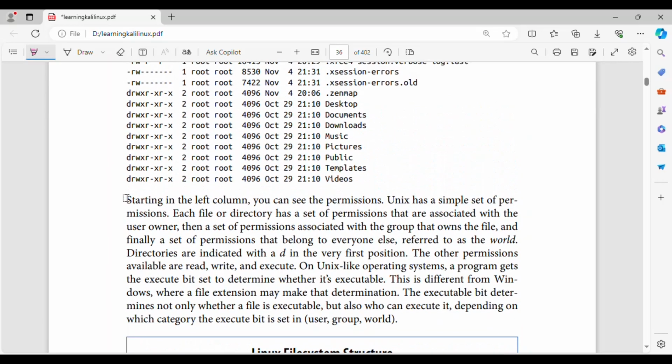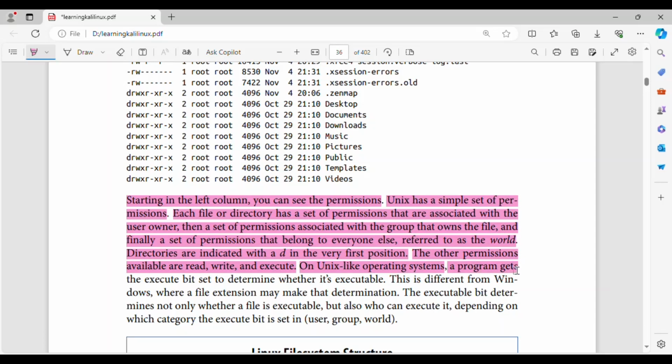Starting in the left column, you can see the permissions. Unix has a simple set of permissions. Each file or directory has a set of permissions that are associated with the user owner, then a set of permissions associated with the group that owns the file, and finally a set of permissions that belong to everyone else, referred to as the world. Directories are indicated with a d in the very first position. The other permissions available are read, write, and execute. On Unix-like operating systems, a program gets the execute bit set to determine whether it's executable. This is different from Windows, where a file extension may make that determination. The executable bit determines not only whether a file is executable, but also who can execute it, depending on which category the execute bit is set in, user,